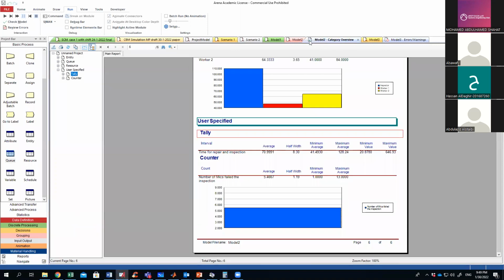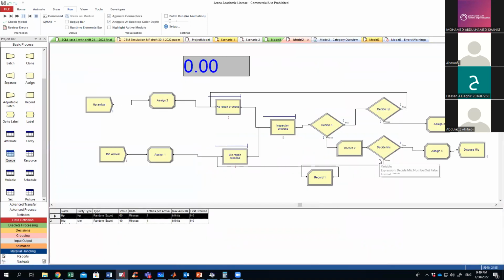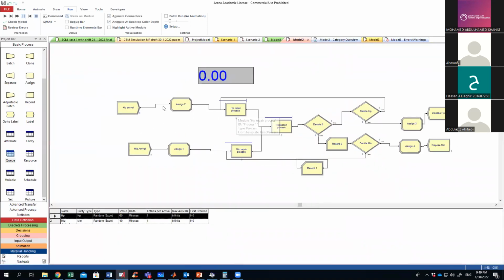Now, if we go back, if you remember this model, we have headphones, microphones, and we have inspectors and worker 1, worker 2, and this and that. Assume that you want to put cost for the operators. Okay. So what you can do, you can go here to resources, and you can just put the busy time